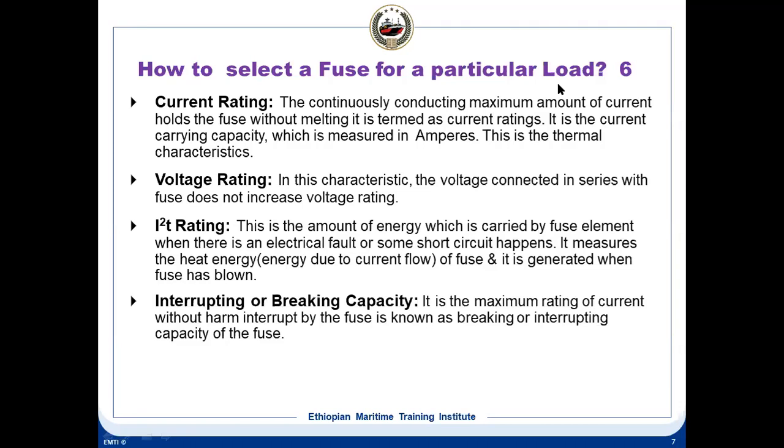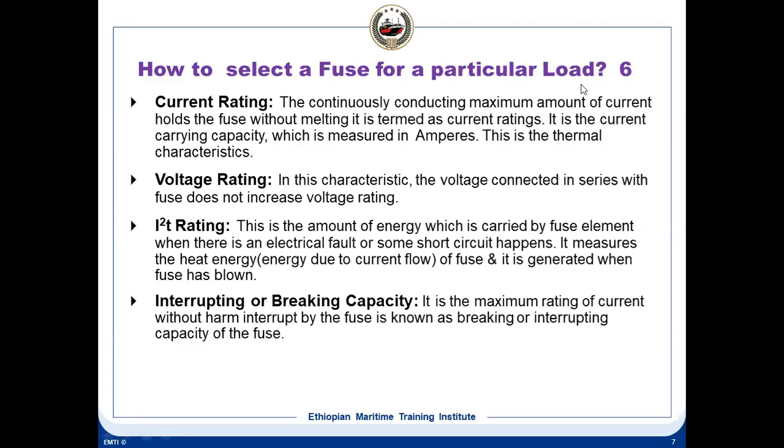Suppose your equipment is a battery charger in a lifeboat, and you find the fuse is blown, which is rated, let's say, 10 amps. If you put 8 amps, it will blow off, because 10 amps is the normal rated current in that. So you cannot put 5 amps, and you cannot put 20 amps either. The current rating has to be the same. And the voltage rating, if it is 12 volt, you can put a higher voltage, say 24 volt, but you cannot put a 5 volt fuse.